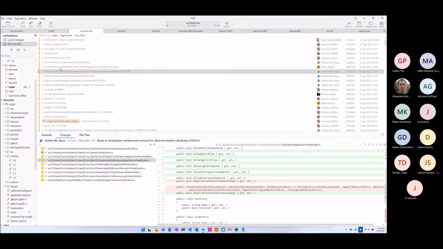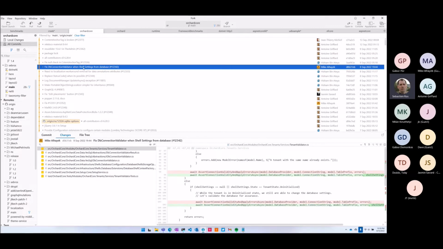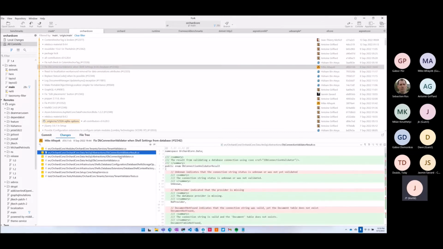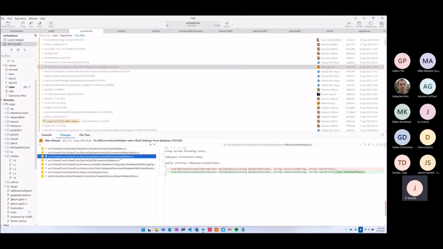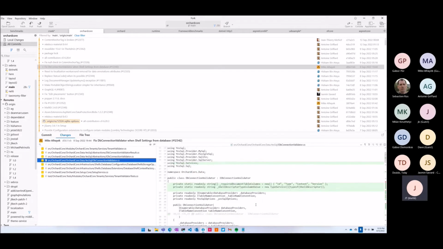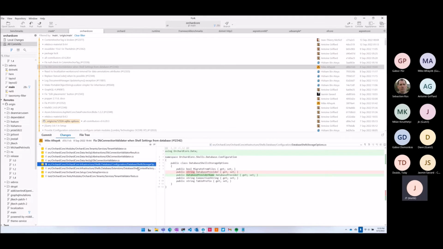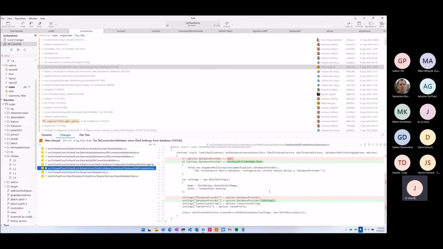It's good. Fix DbConnectionValidator when share settings from the categories. No verb, so we don't know what it's fixing, but it's fixing it. Because we are checking for valid database connection, and if, for example, the document table already exists, but it may exist when we use the shell setting and shell configuration from database with the same prefix.